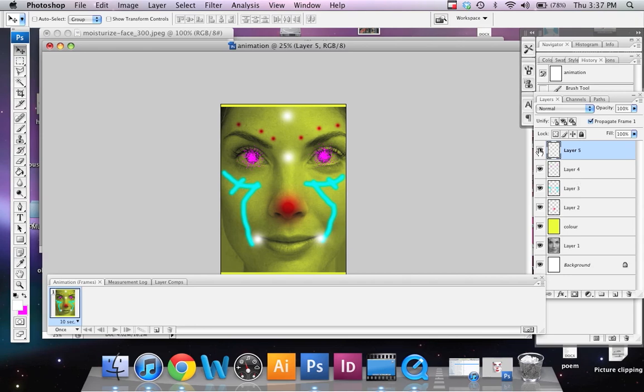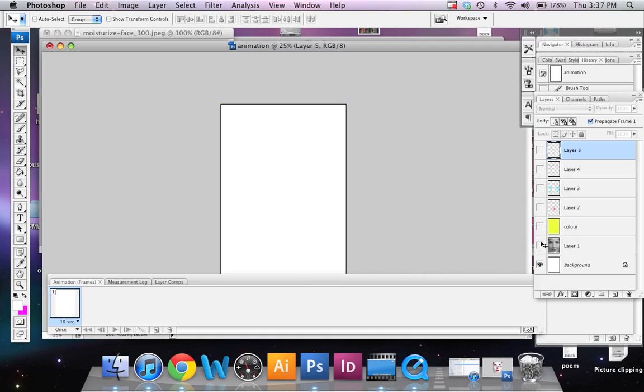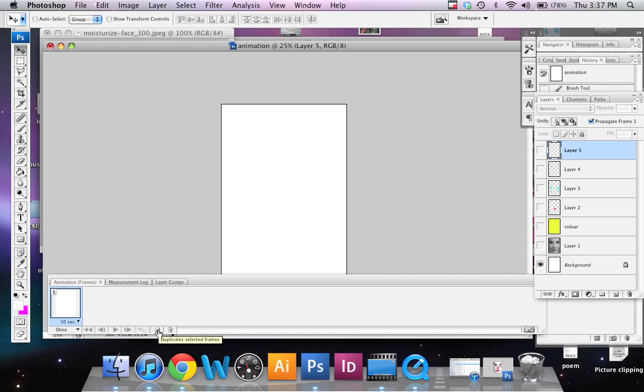I don't want it that way. I want it slowly to have things added to it. So I'm going to start from scratch, a blank canvas, white. You can start whatever way you like, but this is the way I'm choosing. So if I want to add another one, duplicate selected frames, so you get the exact same thing there done